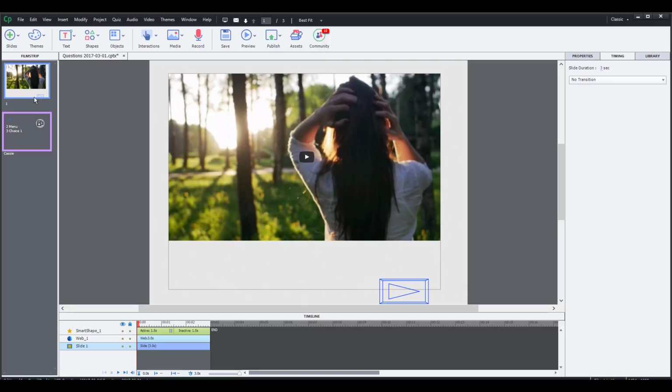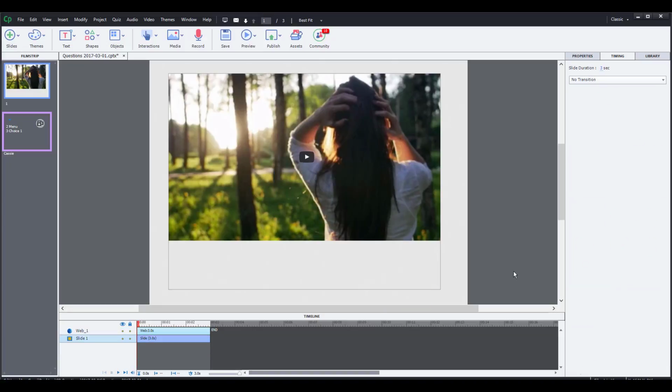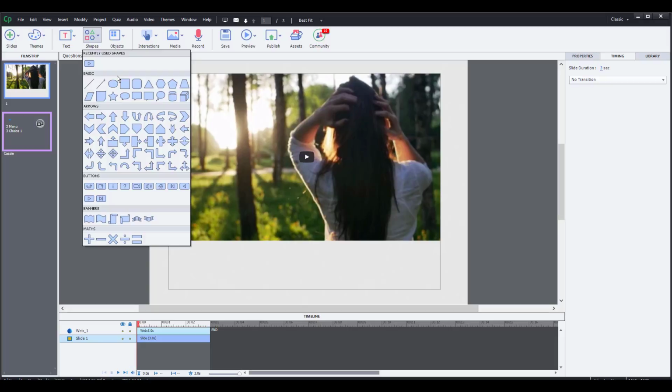If you find that you really do need to give the learner some abilities, let's go back to our slide here. I'm going to get rid of that one because it's kind of ugly. What you want to do then is create your own smart shape buttons that will allow you to jump from one slide to the next, etc. Now, I'm not a big fan of next and back, but it seems to be one of those necessary evils at times. The trick is, if I put a smart shape button on this slide here,